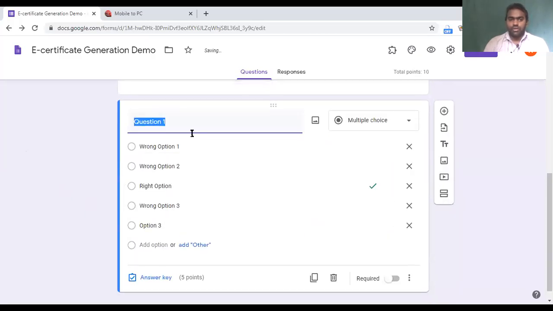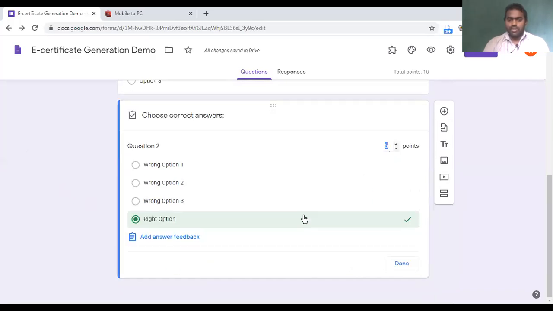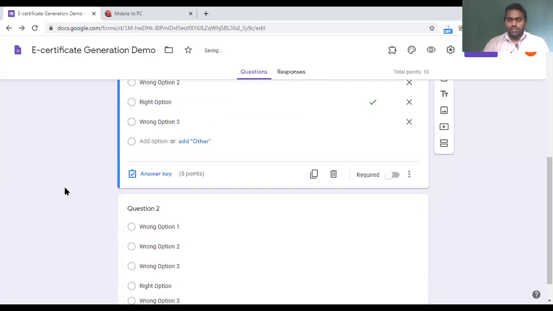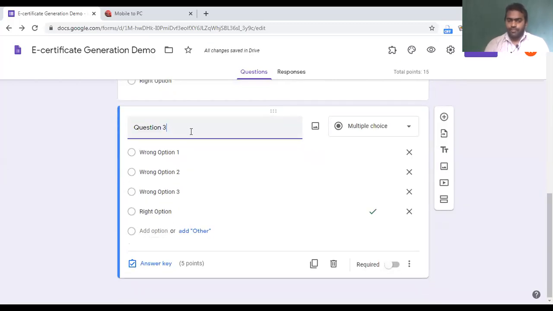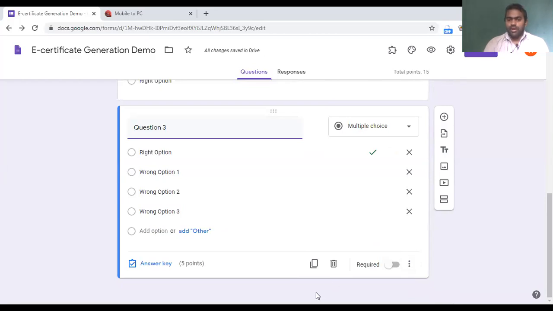Now I'll move to the next one, question 2. In the same way, I'll click the answer key for the right option and give 5 marks. I'll create one more question, question 3, go to the answer key, and give 5 marks. So this test has 3 questions, and the maximum score is 15 marks.